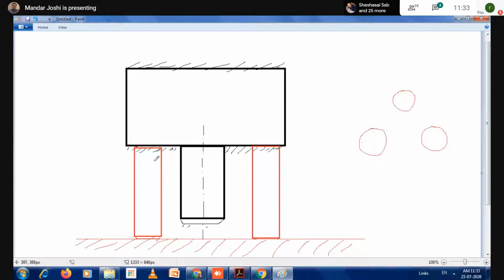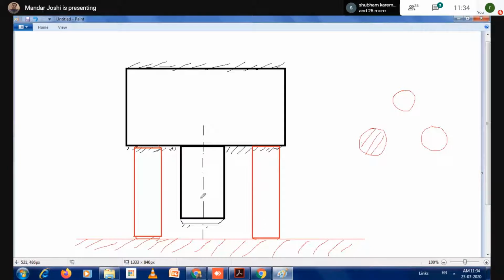When to use datum target? If a complete datum surface is not feasible to get, in that situation we insert some pins, and over the surface area of the pins your entire object rests, because it is impractical to directly touch this surface on the surface plate. In that situation I increase the datum simulator height. So what is this surface plate? Surface plate is nothing but your datum simulator. But this datum simulator and this flat surface are unable to contact. That's why I increase the height of the surface using this pin option.